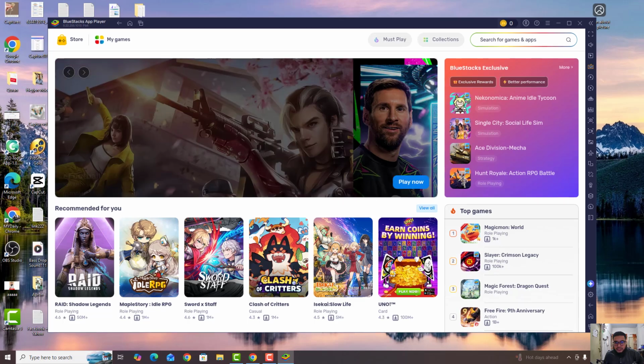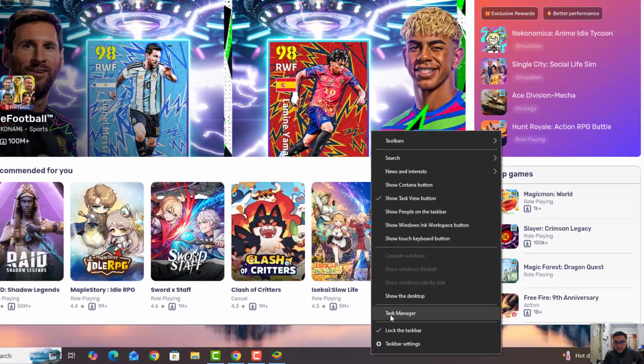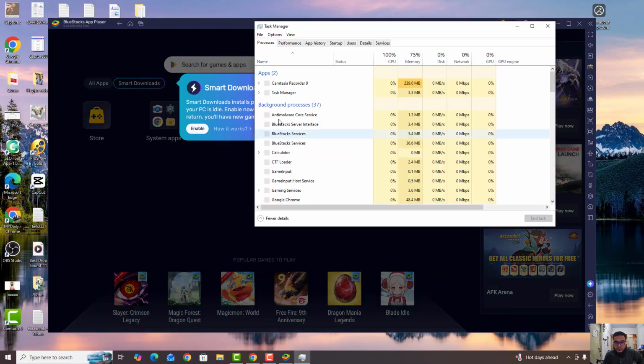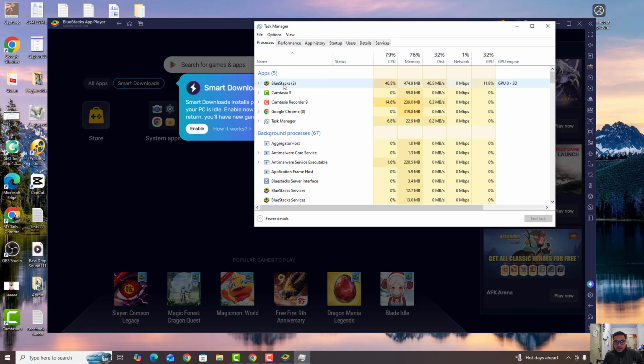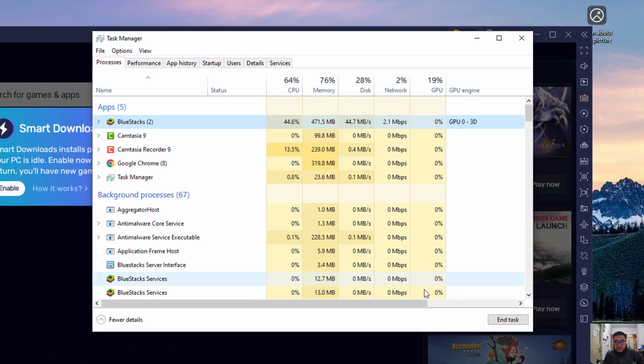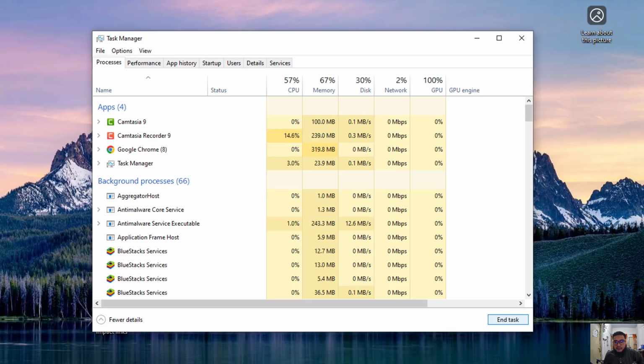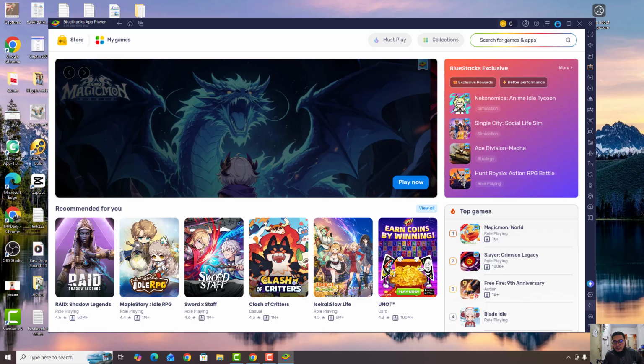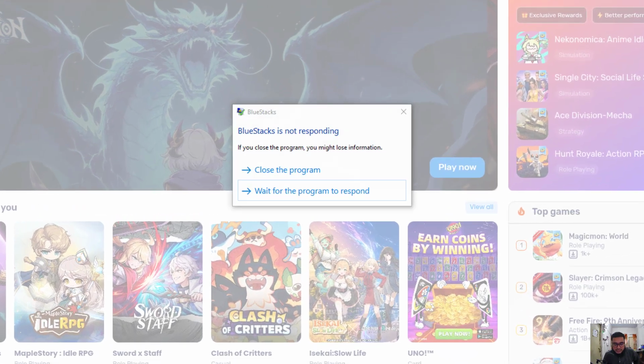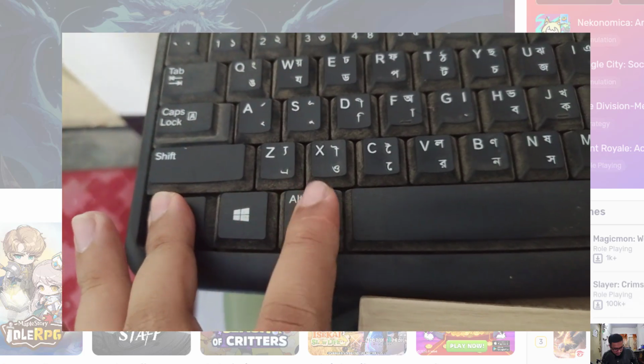Now what you have to do is right-click and go to the Task Manager. From the Processes option, you can select the app and click End Task. It will close immediately. If your mouse is also not working, what you have to do is press Ctrl Alt